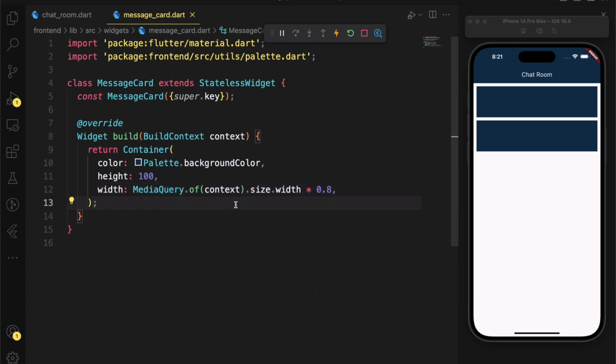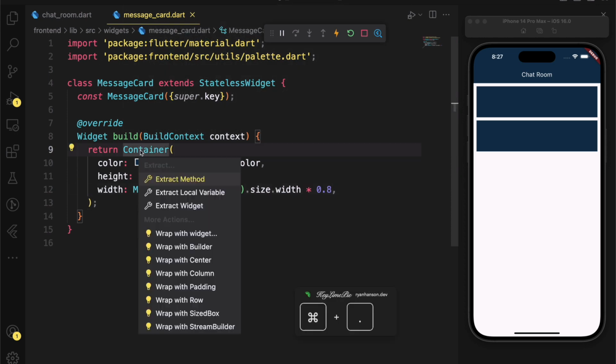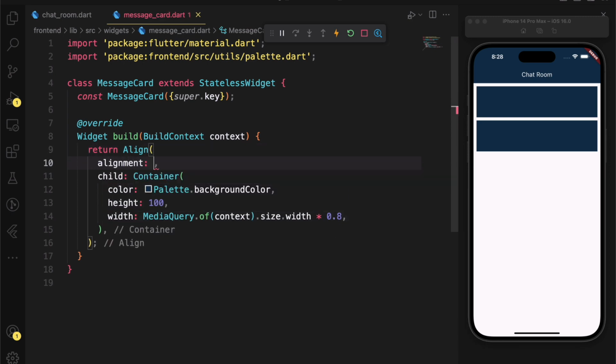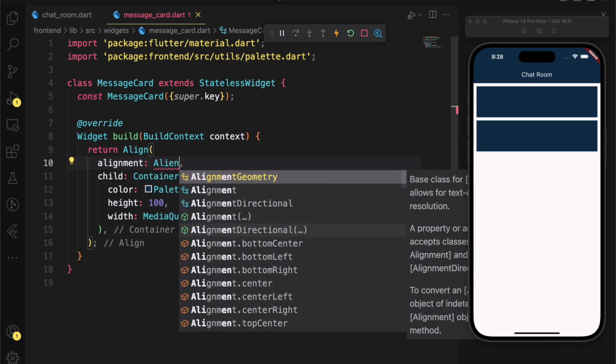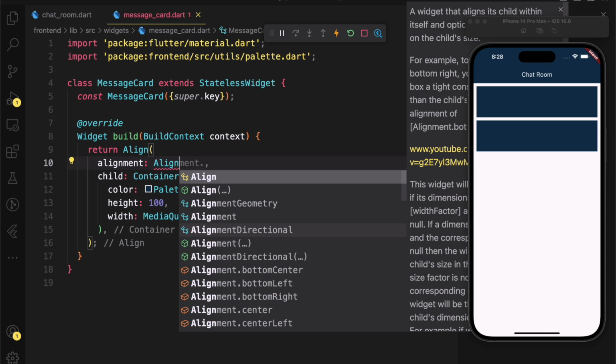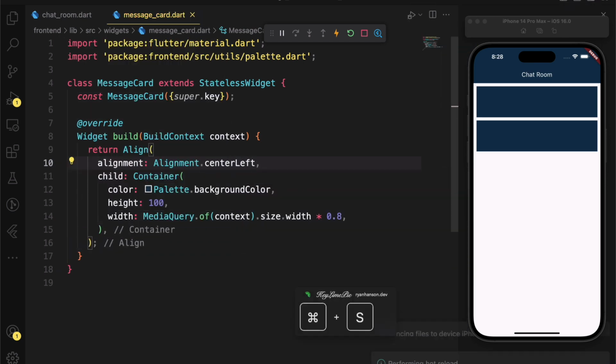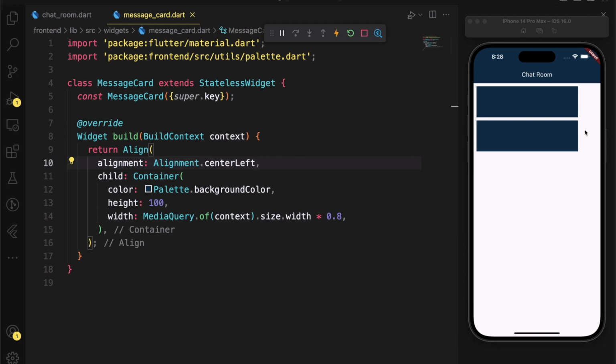This is not going to take effect until we wrap this in an Align widget and then set the alignment to Alignment.centerLeft. Just exactly what I want.